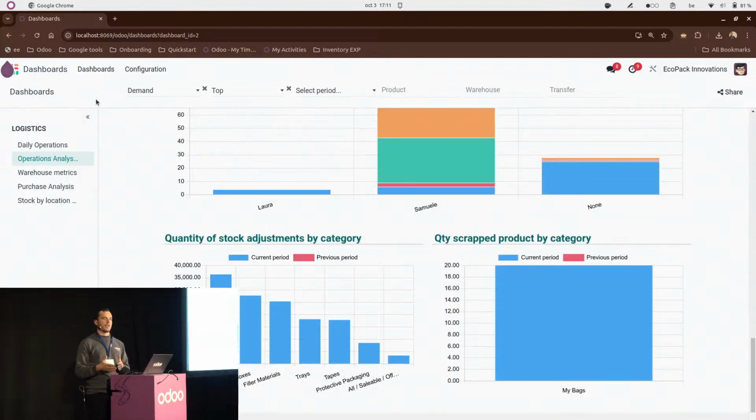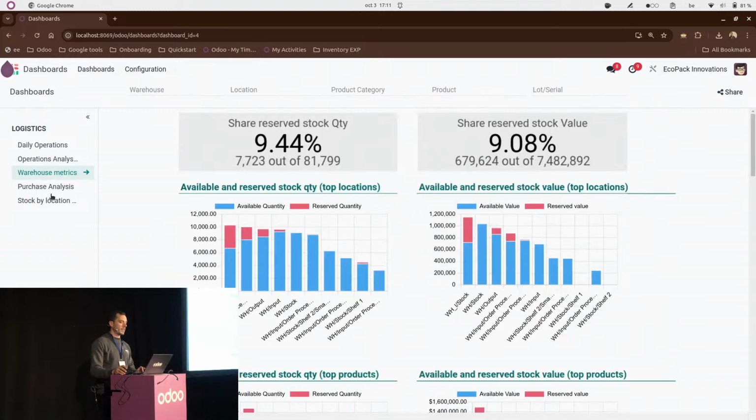But when we talk about logistics, we don't talk only about operations. We talk about some stock that we purchased at some moment that is carrying a value, that is carrying a risk for you and your company. And so you want to understand if you have the right quantity of stock, if you have too much, maybe something is not being reserved, and you want to have this analysis. This is the reason why we decided to implement also this third dashboard, warehouse metrics, where in an easy view